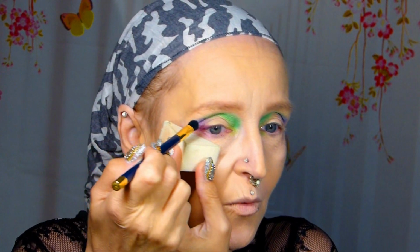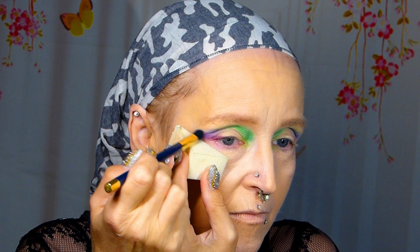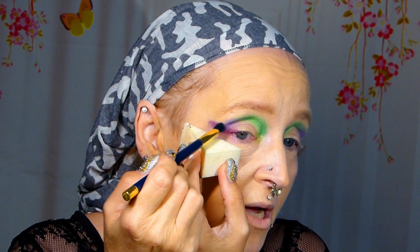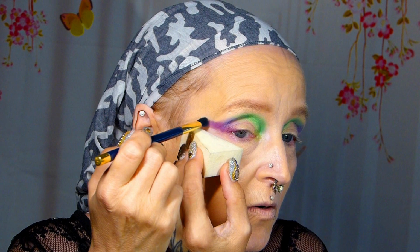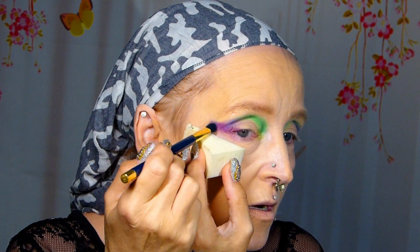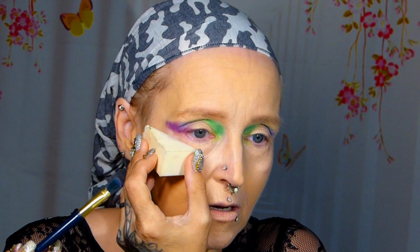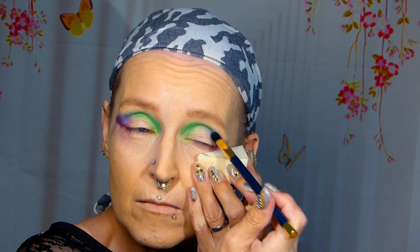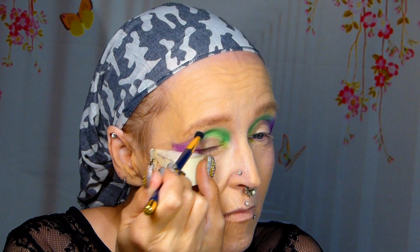I'm just gonna hold the sponge underneath as a guideline for my wing too. Yeah, that is really the color of eggplant. Aubergine color. Oh, that's pretty! There! That is a colorful look till now,